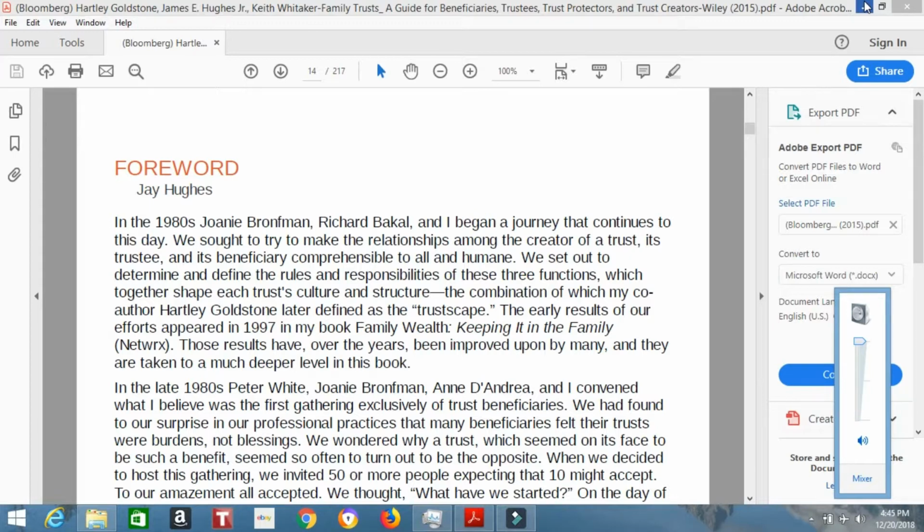We had found, to our surprise in our professional practices, that many beneficiaries felt their trusts were burdens, not blessings. We wondered why a trust, which seemed on its face to be such a benefit, seemed so often to turn out to be the opposite. When we decided to host this gathering, we invited 50 or more people, expecting that 10 might accept. To our amazement,